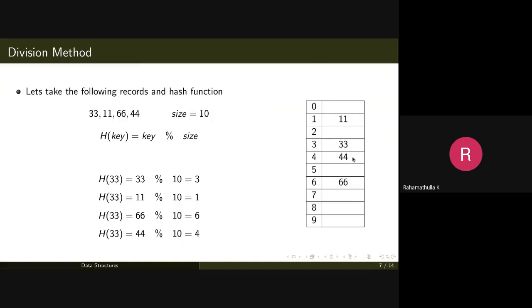So at a later point of time, if you want to access your element 44, for example, you will supply 44 to your hash function. So it will be h of 44. It will convert like this: 44 mod 10 is 4. So you are given its corresponding index value. So the operation is in order of 1, or constant time. So that is the division method. In the division method you use the mod operation along with the size of the hash table.